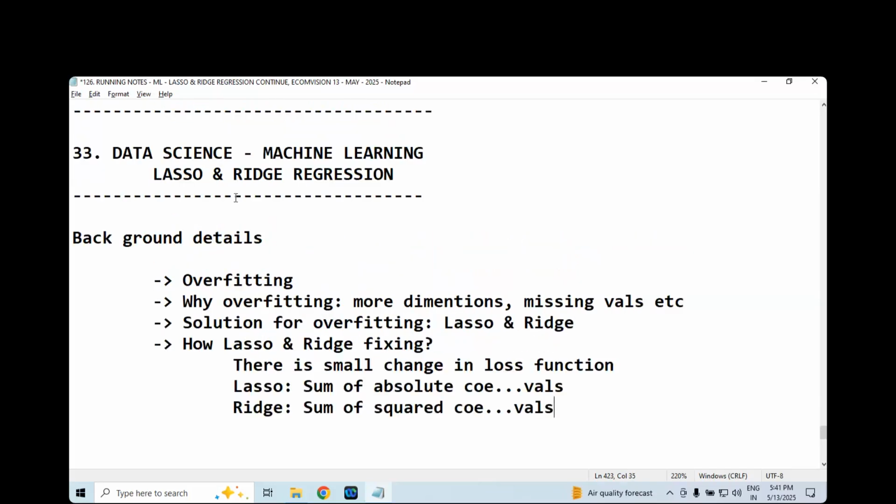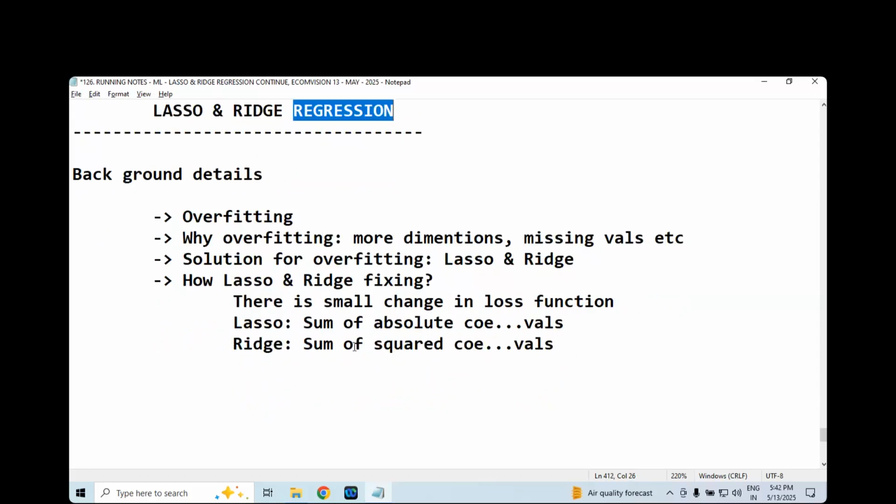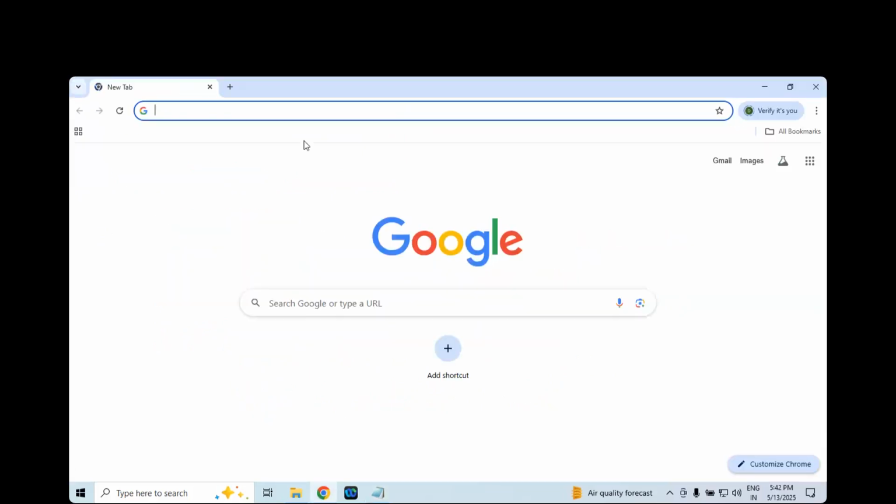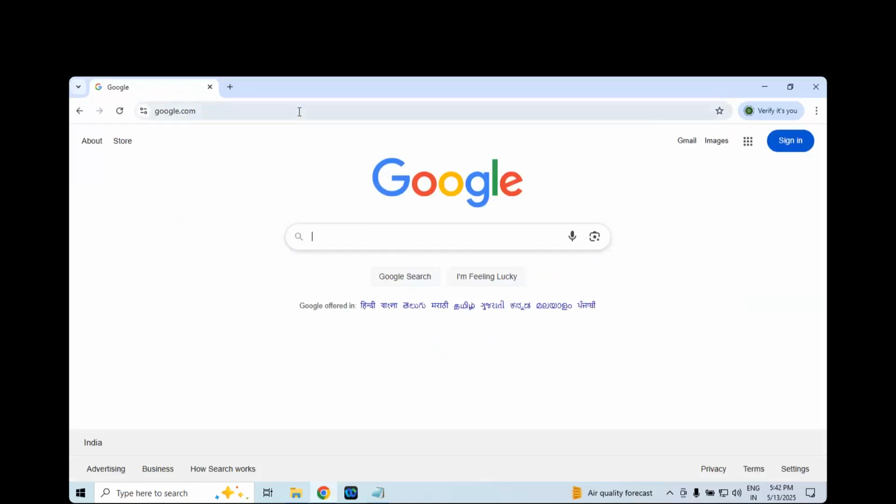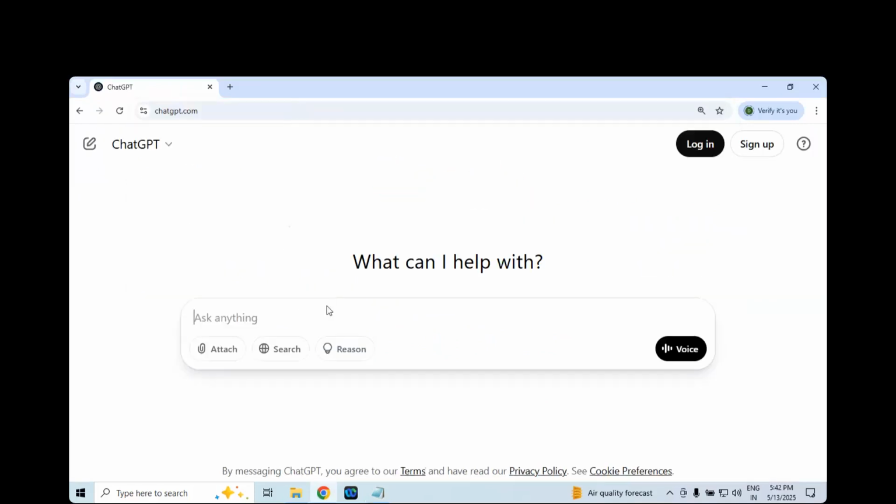For your kind information, don't think lasso and ridge are only for regression. They are for classification also. Now, let me confirm. Go to ChatGPT.